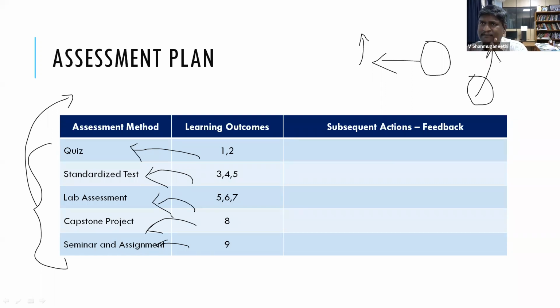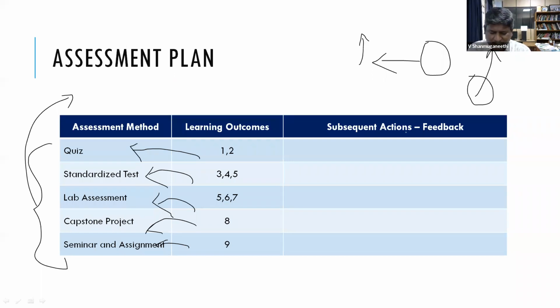So whenever you are asking a question or conducting an internal assessment, your question should target a single ability. Maybe in internal assessment 1 and 2 or summative assessment you can have all the abilities together. But whenever you are conducting a classroom assessment or homework assignment, you have to target a single ability. Then only can you guide the student on where exactly they are good and where exactly they have to improve. So you have to specifically take one assessment method and identify the learning outcome for that specific assessment method. Then for another outcome, these are the 3 outcomes for which I am using this assessment method.